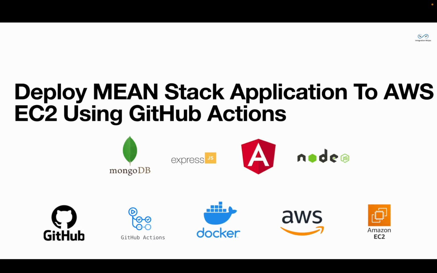In this tutorial, we will see how you can deploy a MEAN stack application to an AWS EC2 instance using Docker and GitHub Actions. We will walk you through the process of deploying a full stack application built with Angular for the front end, Node.js for the backend, and MongoDB Atlas for the database. We'll leverage the power of Docker containers for easy deployment and scalability, and GitHub Actions for automated continuous integration and